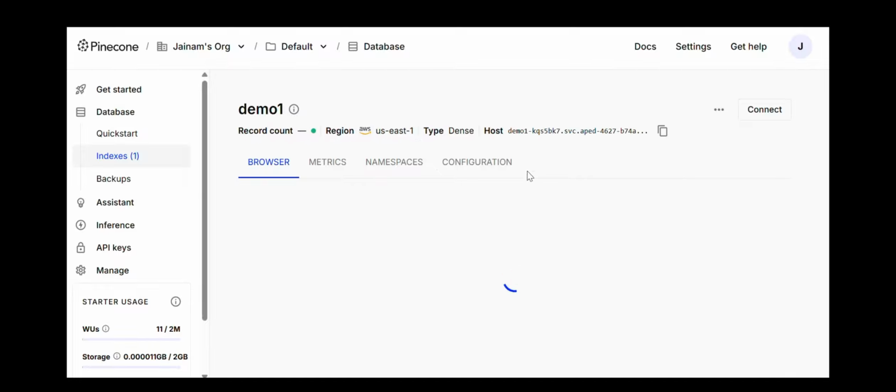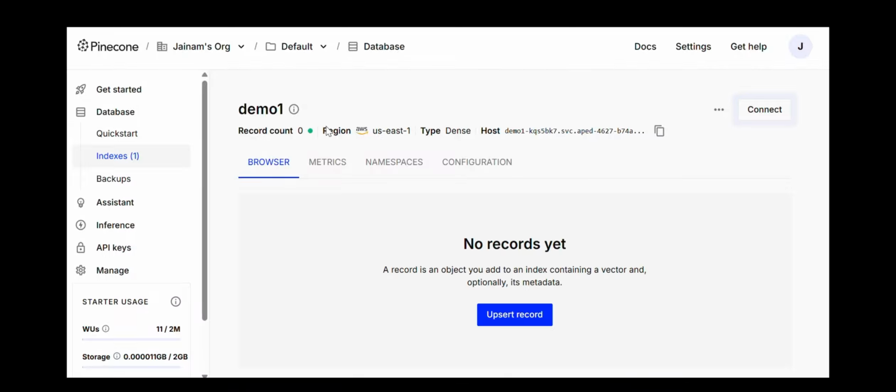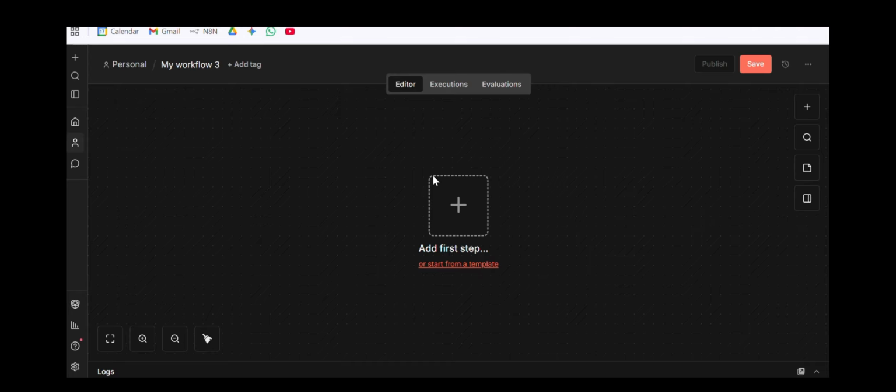Once you create this index over here, you would be seeing this green, which means our index is live now. Over here, this is the namespace, right? So we would be using this. Fine. Now we would be moving back to our n8n, and we are going to first think about the trigger over here. So what I am thinking is that whenever,